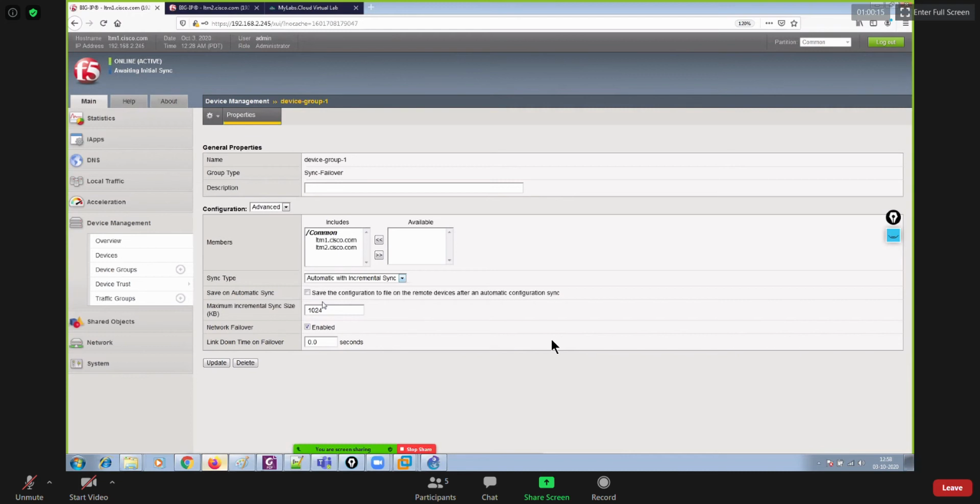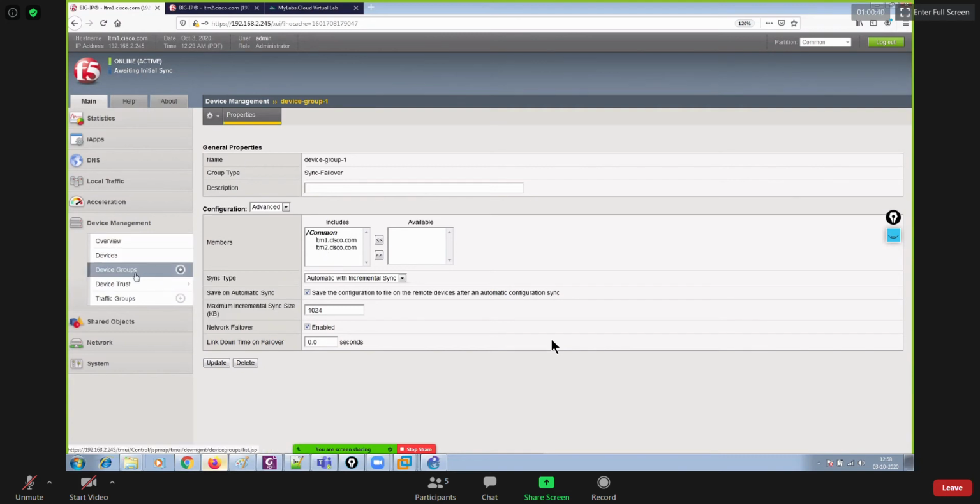Save on automatic sync, save the configuration to file on the remote device after an automatic configuration sync. We can say that. Thereafter, network failover is already enabled, right? And just update it now. So I have enabled automatic sync, but at least the first time you have to do the sync manually, right?